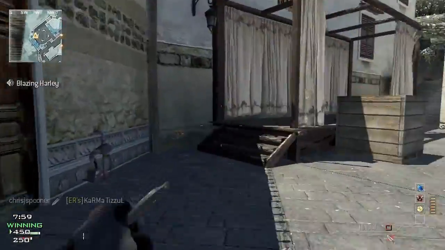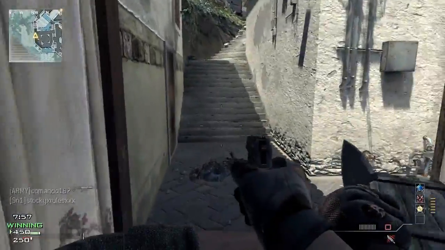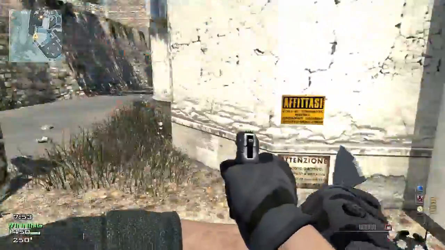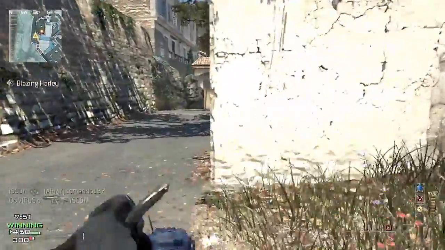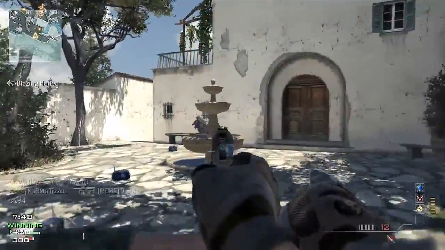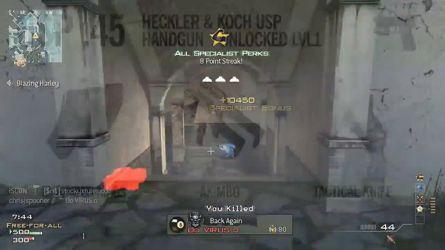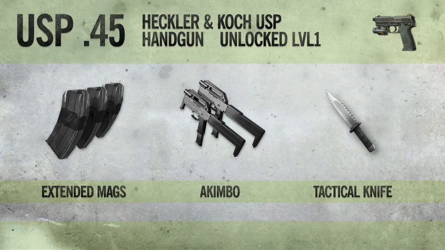But like I mentioned, if they did have that underbarrel flashlight enabled, that would have given the perfect incentive to use this weapon over any of the others. Not only for the cool factor, but also for that little advantage where you can blind the enemy to win those close quarters gunfights. So let's move on and take a look at my recommendations of attachments for your USP